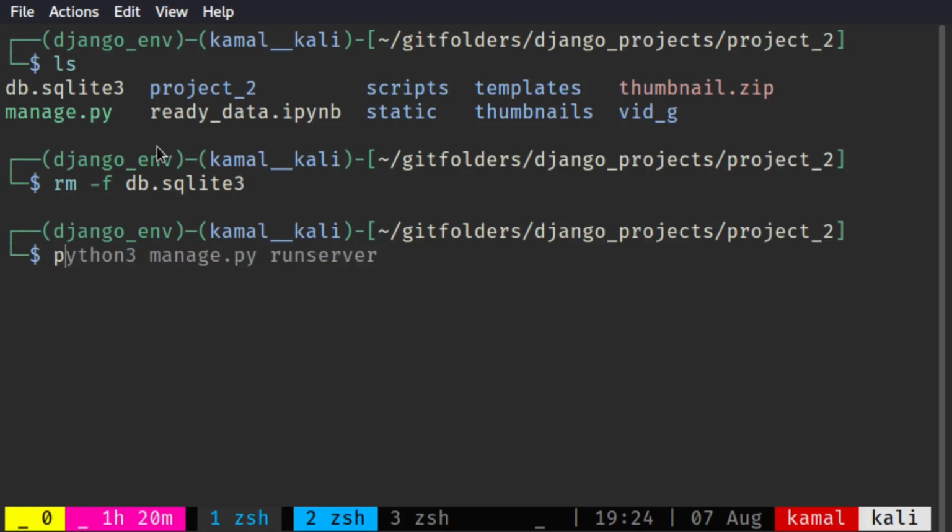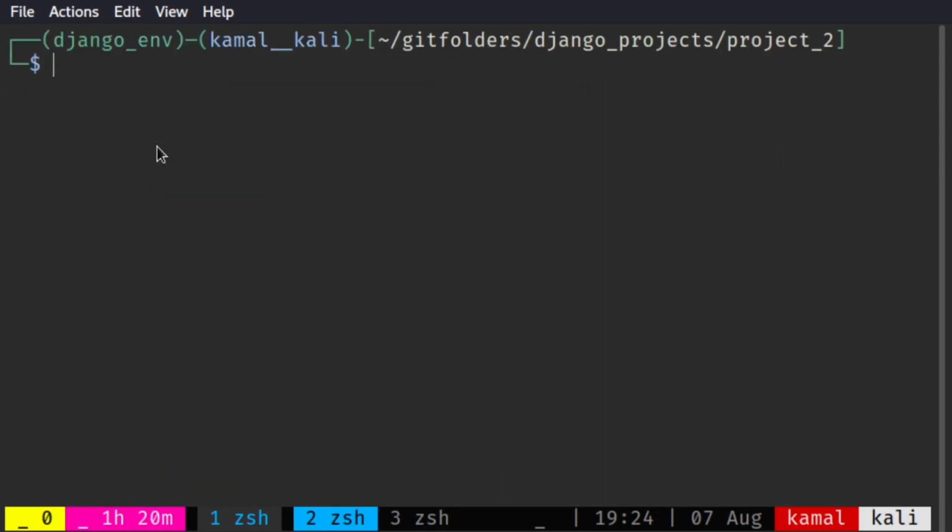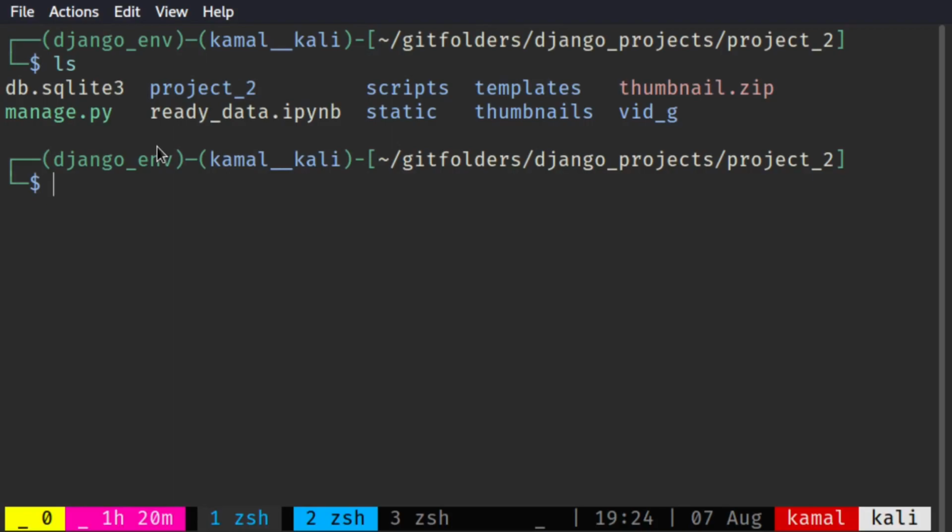So I'm going to say python3 manage.py migrate. That's it. Already everything is available, so I just have to say migrate. Once I say migrate, the new db.sqlite3 file has been written again. So let me go to Vim, and the script will be inside the scripts folder. I have to go to scripts and open the